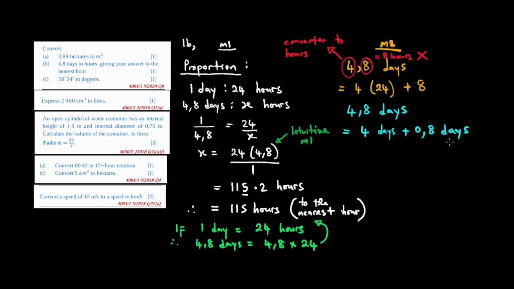Anditi saka kana takuda kuconverta 4 days to hours tinenge tichiti 4 times 24 plus kuti kada kuconverta 0,8 days to hours tinoti 0,8 times 24 again. Saka 4 times 24 inotipa 96 plus 24 times 0,8 inotipa 19,2. Ukaedda 96 plus 19,2